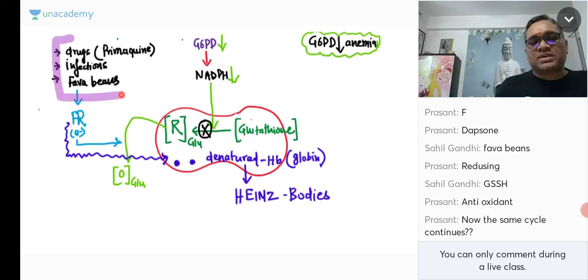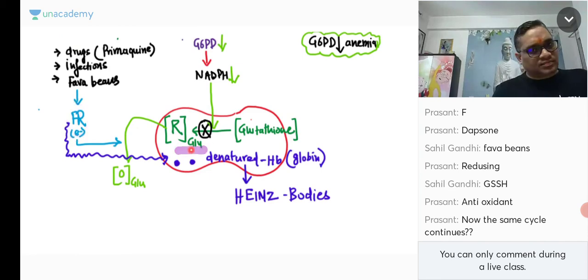So as a result, what will happen? Whenever this patient has drugs, infections, or fava beans, free radicals will be formed because there is no reduced form of glutathione. So this free radical is free to cause damage of the RBC. The free radical is not getting neutralized or inactivated by anyone. By virtue of the electron, they will oxidize. Oxidative damage. Remember the first chapter, oxidative damage. Free radical, oxidative damage. So what are they going to oxidize in the RBC?